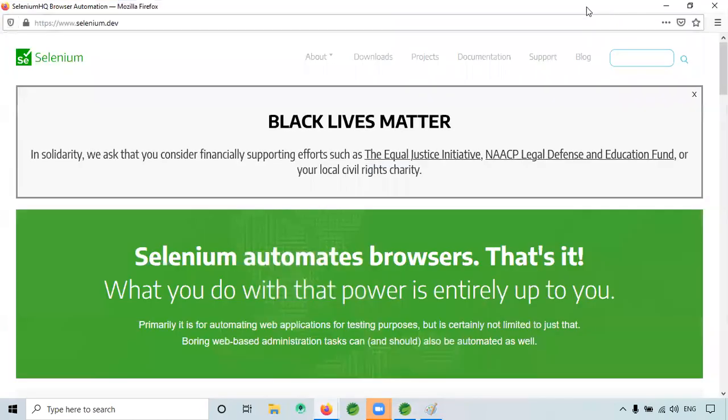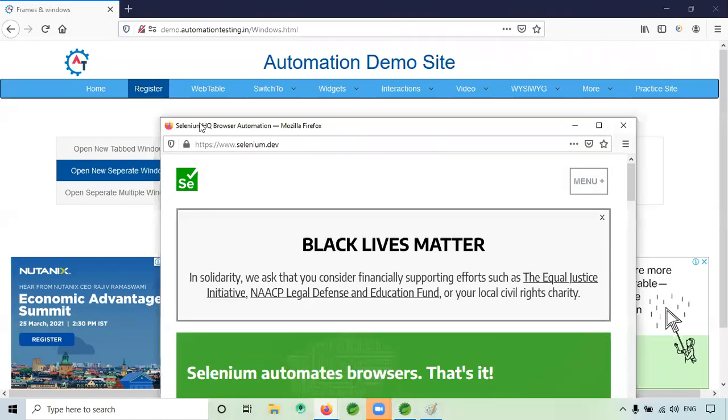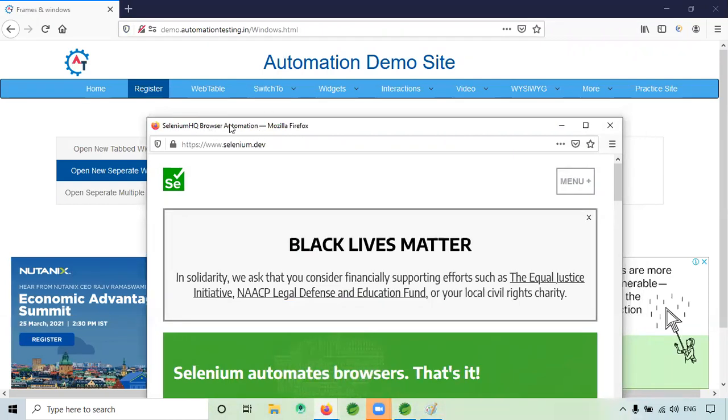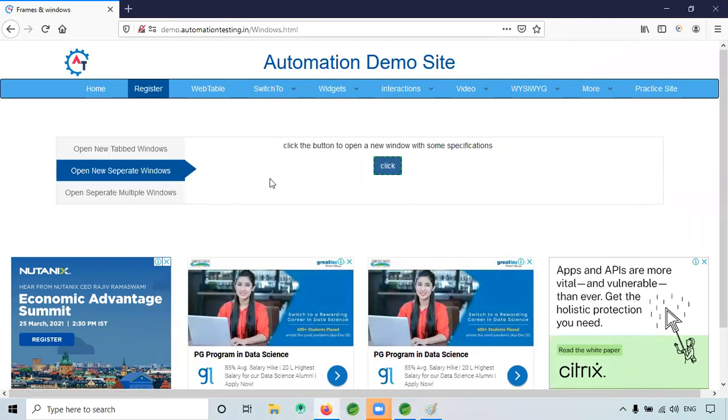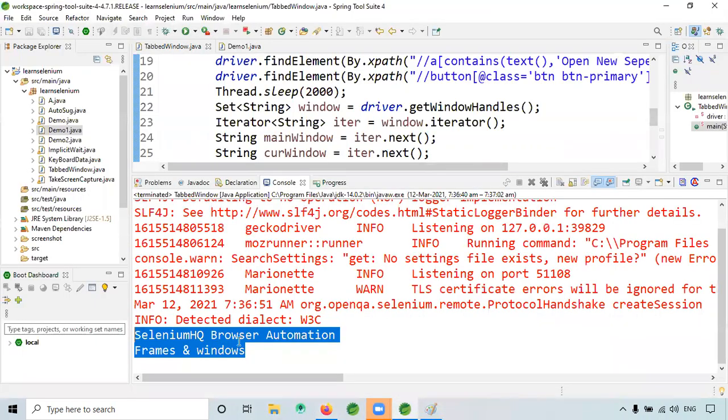If you observe here, Selenium HQ browser automation, right? The only thing is, it is opening in the new window. So it has to fetch me the same output. Now what I'm doing, I closed all the windows.